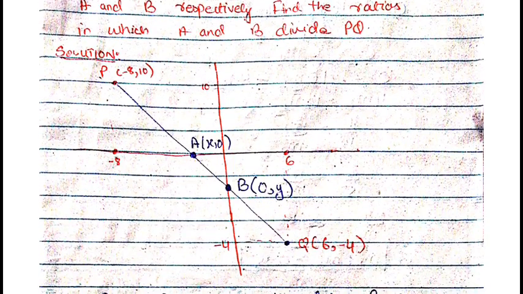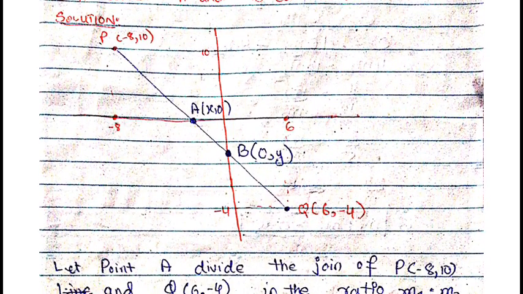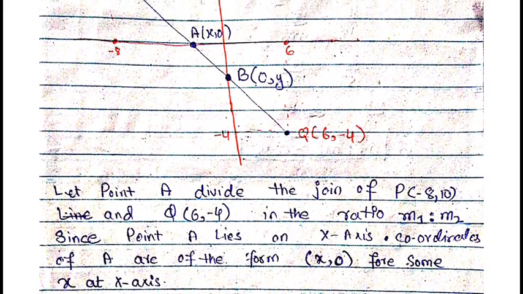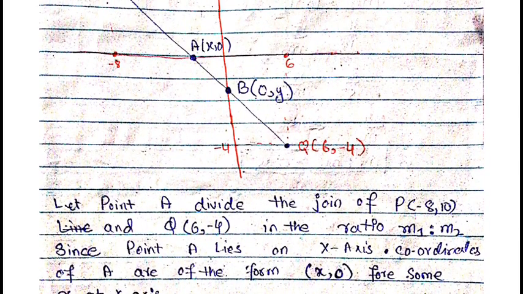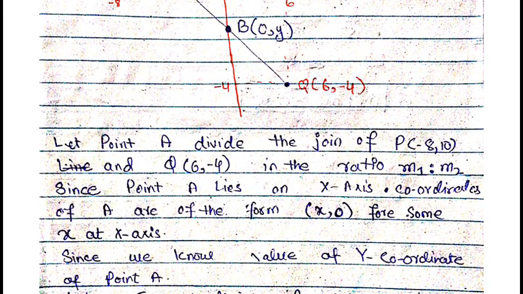This question is simply saying, as you can see in the picture, we have a line PQ which intersects the axes at 2 points, namely A and B. It cuts the x-axis at A, which has coordinates x, 0, and it cuts the y-axis at B, having coordinates 0, y. So we will start by supposing something and solve our question.